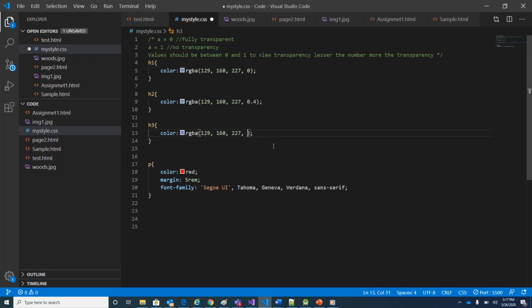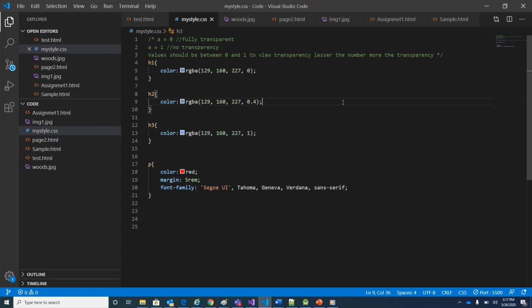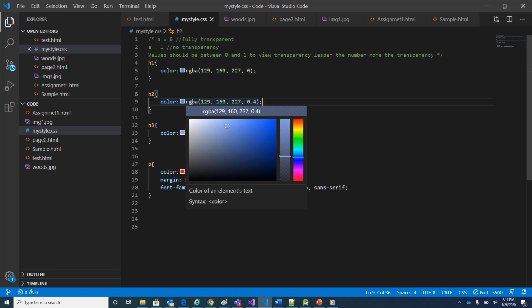And if I make it 1, that means there is no transparency for this element. Save the changes and now view the web page. The element H1 is still there, but it's not visible, the reason being it is fully transparent. So now we have seen that we can give color as a direct name, RGB format, hexadecimal, or this RGBA format.